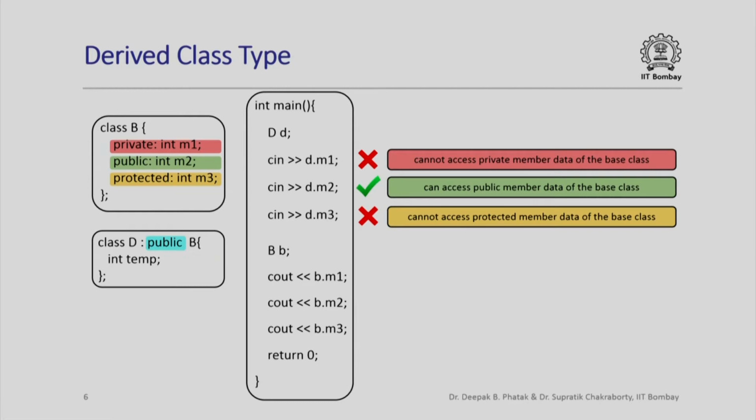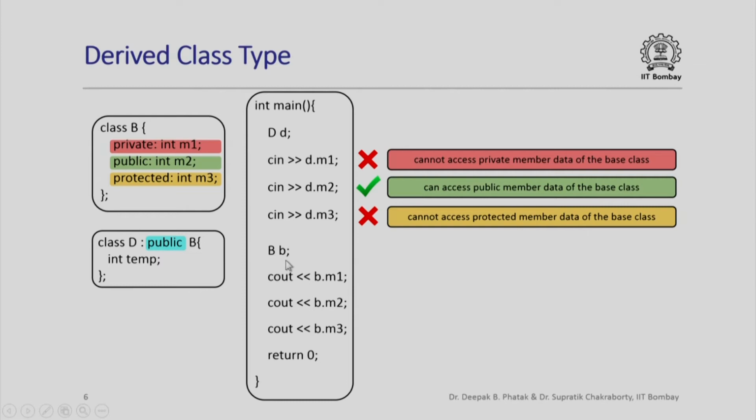We will see more examples of this later in this lecture, but note the interesting thing here that although class D was derived from the class B in the public mode, the access control specification of the data members of the base class B actually determines what I can and cannot access in the main program as a data member of class D. Things that are inherited as public can of course be accessed, private members cannot be accessed, and similarly protected members cannot be accessed when I am trying to access these data members from the main program.